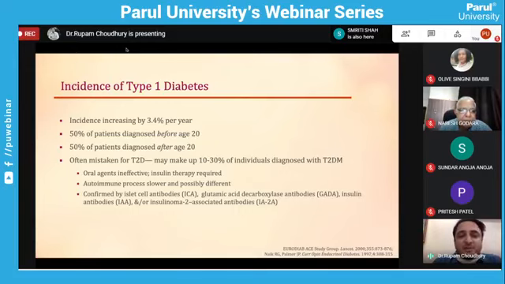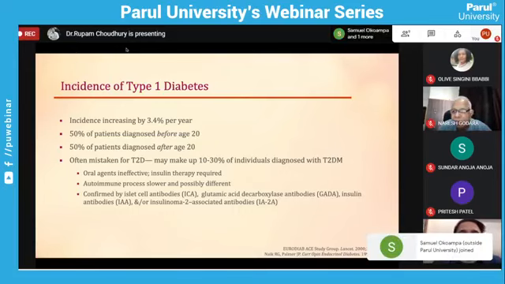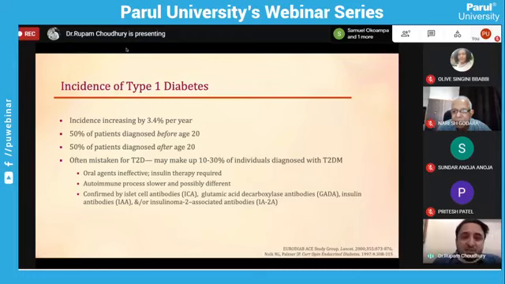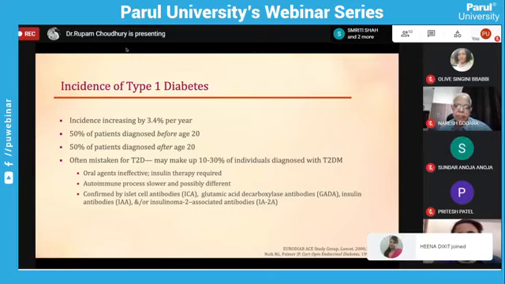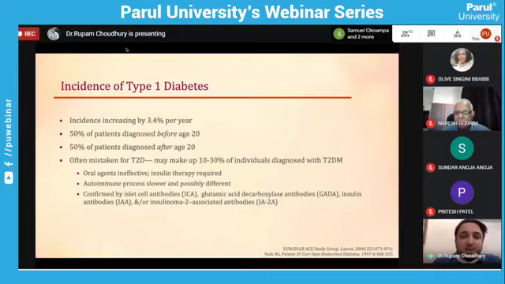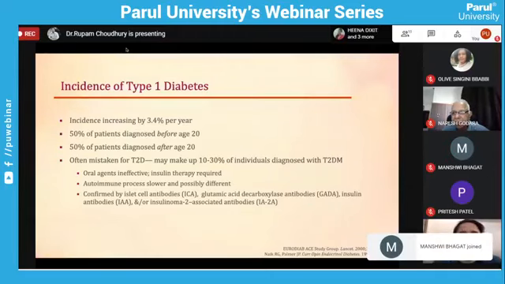We only need insulin therapy because these patients have absolute insulin deficiency. Autoimmune processes are slower and possibly different in those kinds of patients, and it is confirmed by islet cell antibodies, as I have mentioned. This is ICA, or we can do a GAD autoantibody, which stands for glutamic acid decarboxylase antibodies. We can check for insulin antibodies, known as IAA, or insulinoma 2 associated antibodies. So very frequently in clinical setup, we do GAD antibodies along with a C-peptide level to diagnose type 1 diabetes